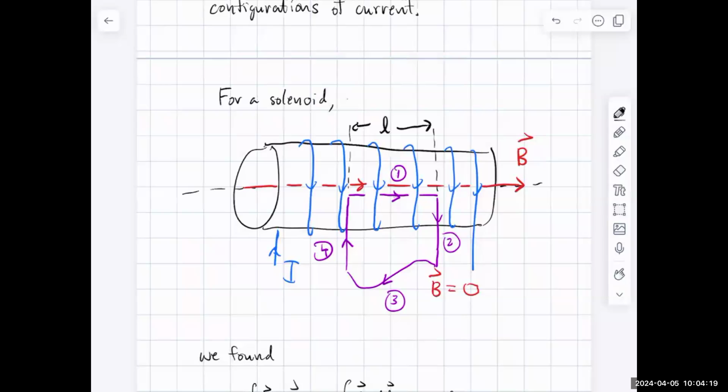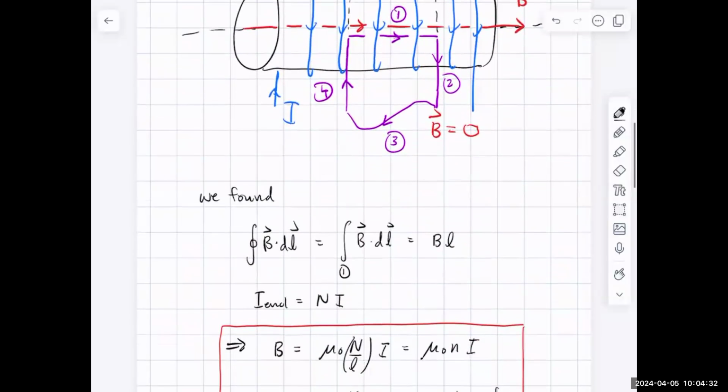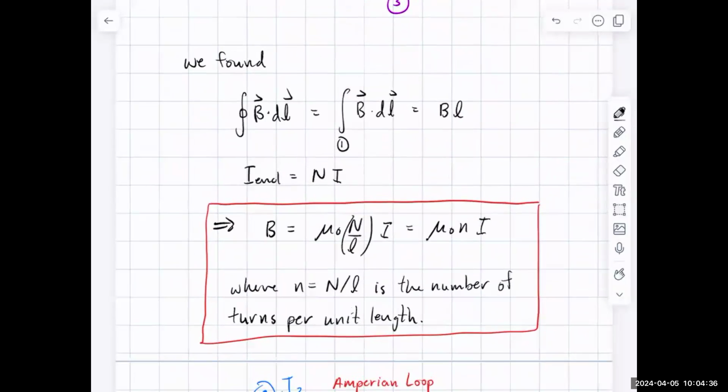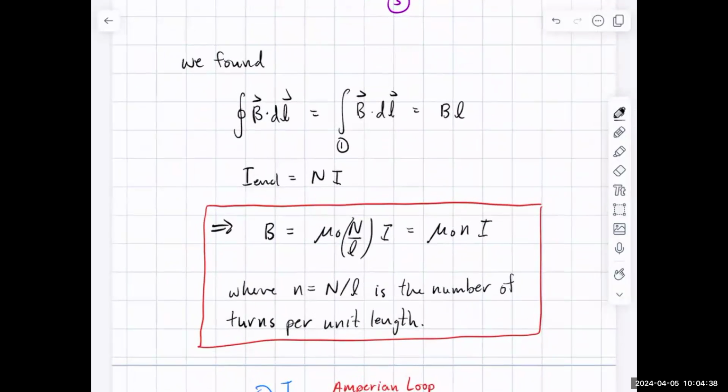Parts 2 and 4 are either perpendicular to the magnetic field, so the dot product vanishes, or they're outside the solenoid where the magnetic field is 0. And then part 3 of the path is always in a magnetic field of 0, and so it makes no contribution to the integral. So with all of that, it was only part 1 of the path that contributed anything,